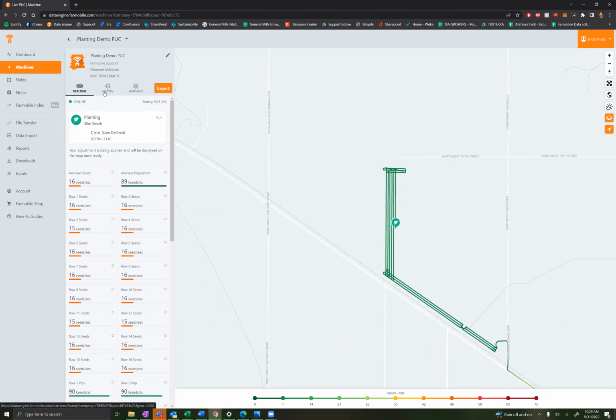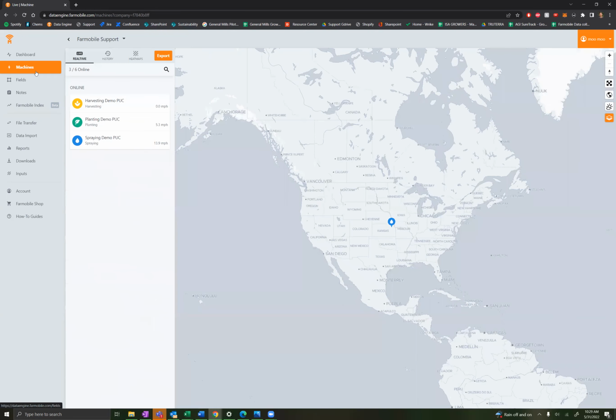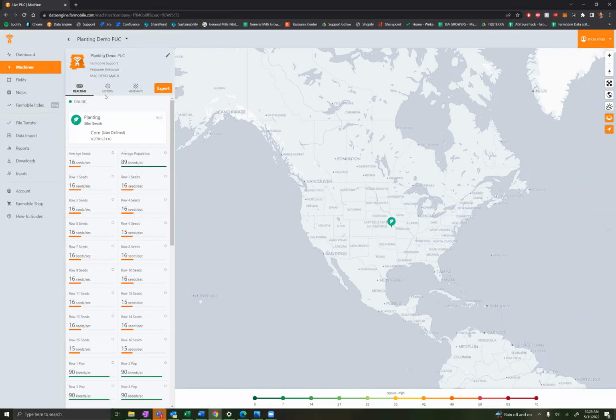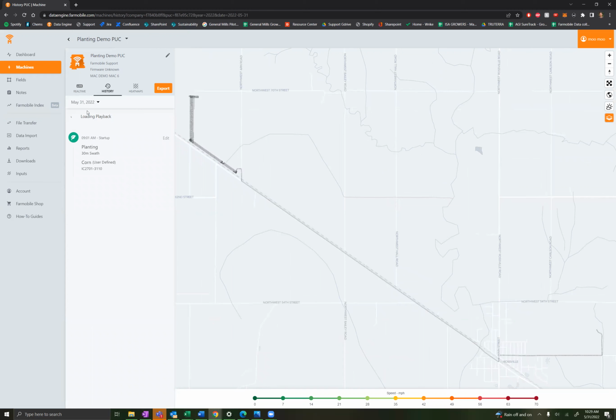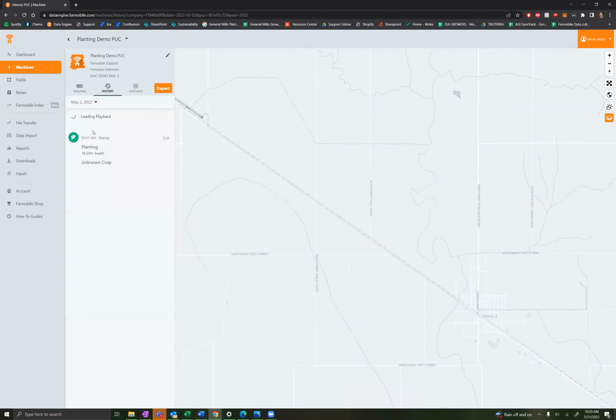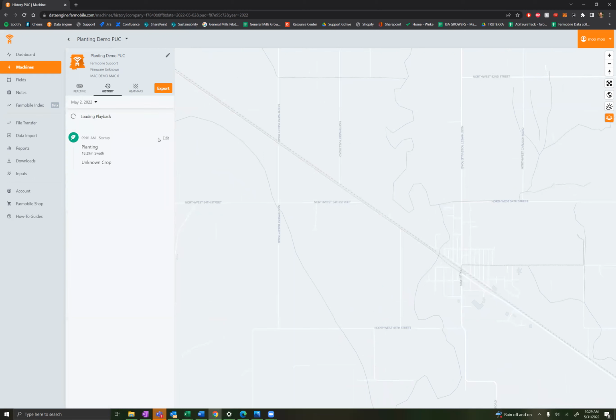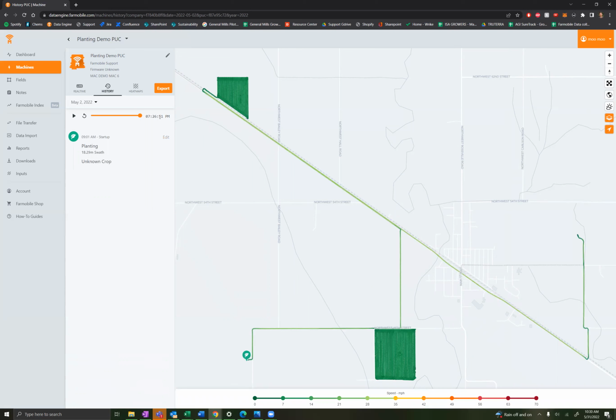Next, let's go into a historical view. In the same fashion, go in and click on Machines, click on your planting tractor, click on the historical toggle here in the center, and then let's go back to May 2nd, where we had a planting event. Here we can see the planting event, a couple fields there, and let's go ahead and click on Edit,